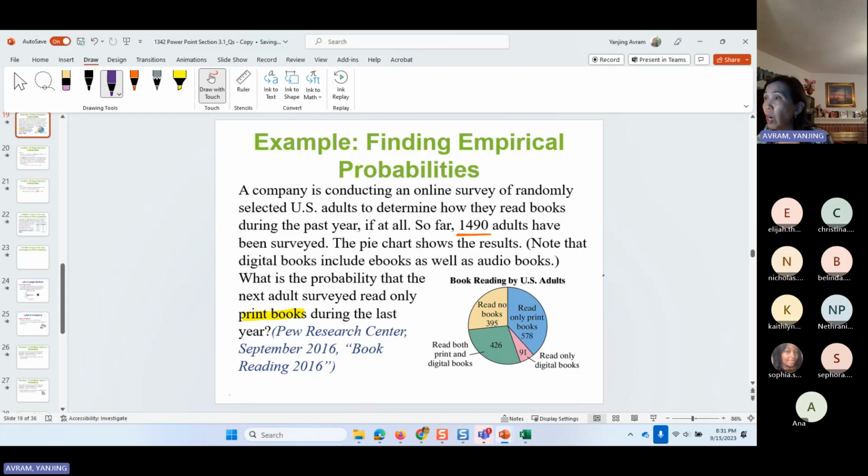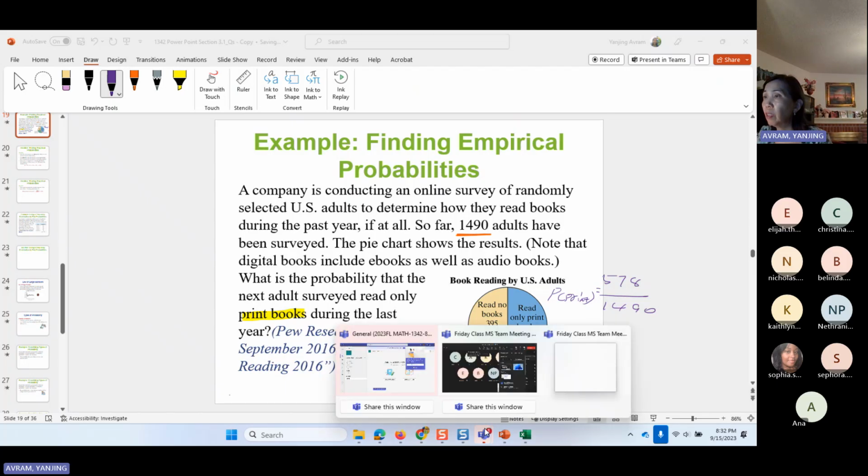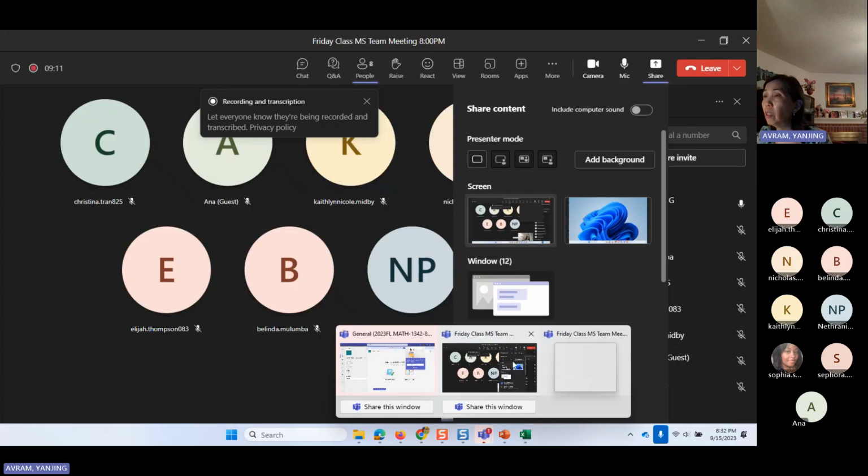This 578 read print. So it's 578 out of this many. This is the probability of reading the print book. You can convert it into a decimal,